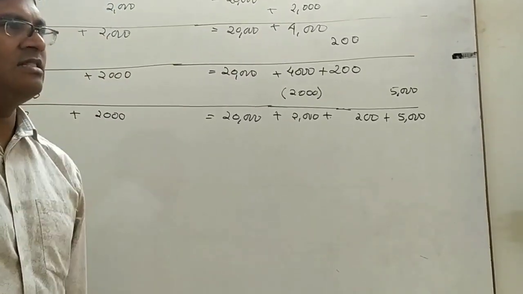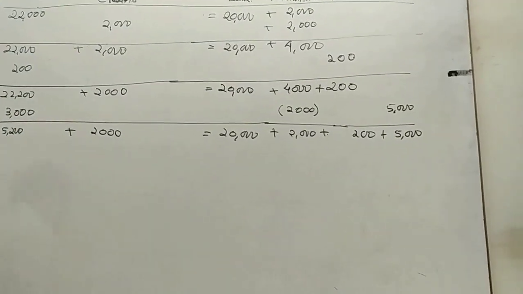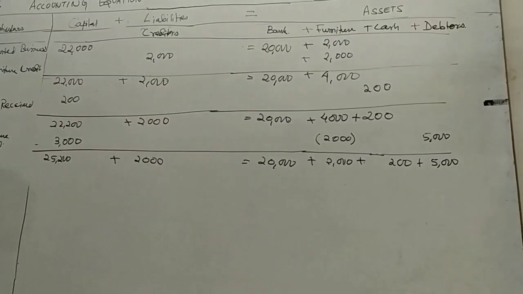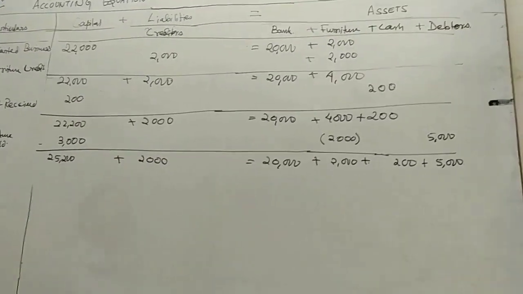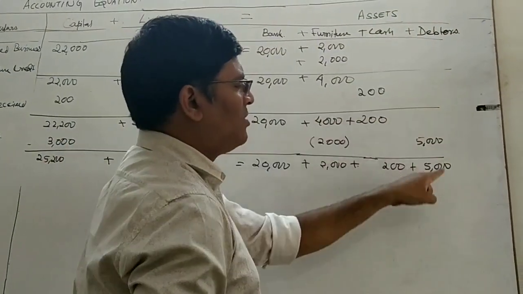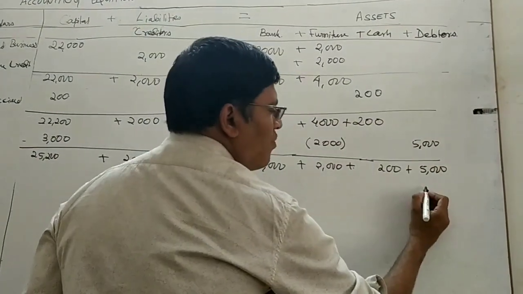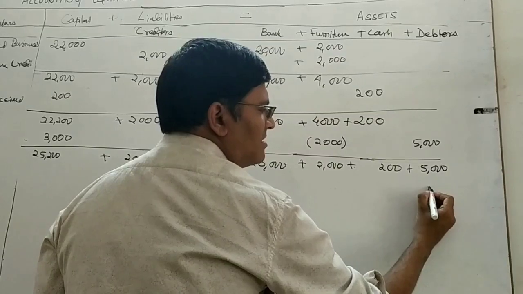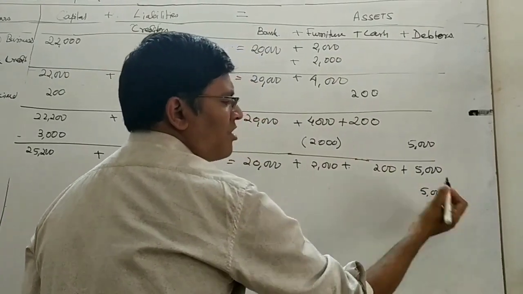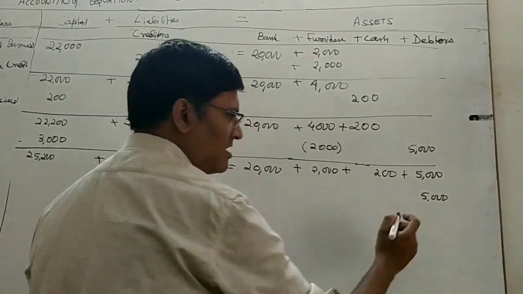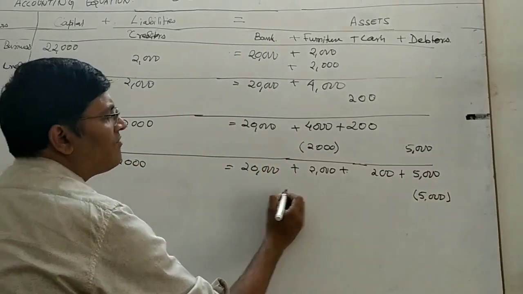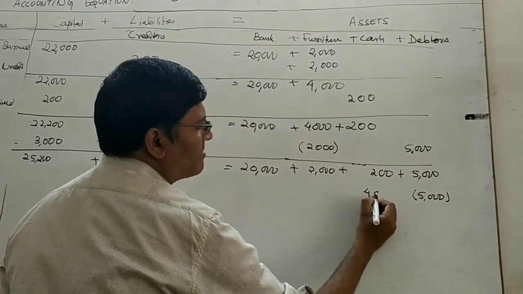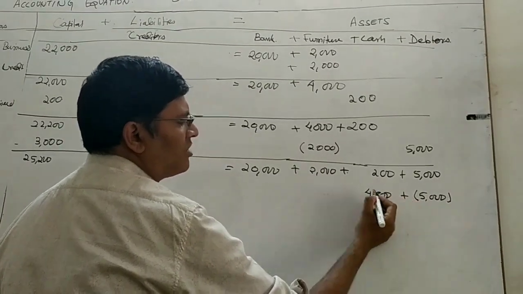Now we are seeing the next transaction, which states received from debtor Ram 4,800 in full settlement. This debtor is making a payment to us. He is giving us 4,800 in full settlement. That means my debtor no more remains. He is settling the things. 5,000 rupees he is settling, but giving us how much? Only 4,800. That means my cash balance has increased by 4,800.